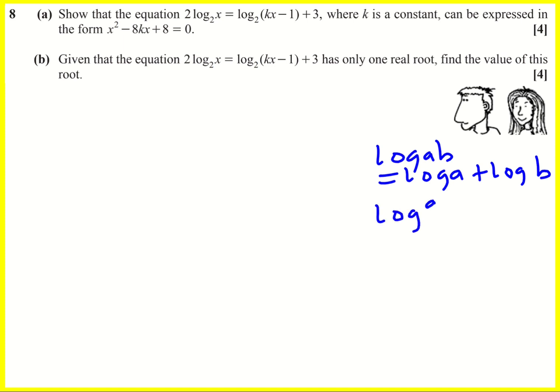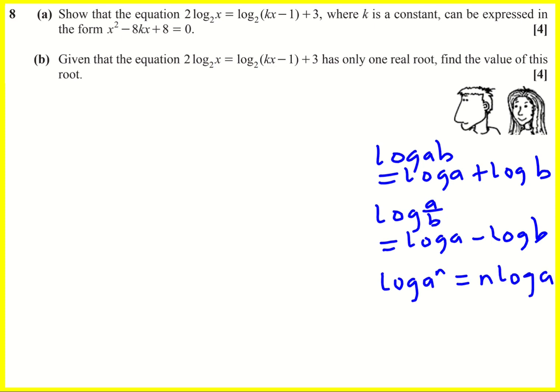Similarly, log A divided by B is log A minus log B. And then the third one is that log A to the n is equal to n log A. So they're ready to use. And we can see we need to combine this into a single logarithm to be able to get rid of the log. First thing I'm going to do is use rule number 3 and bring that 2 up and write it as log